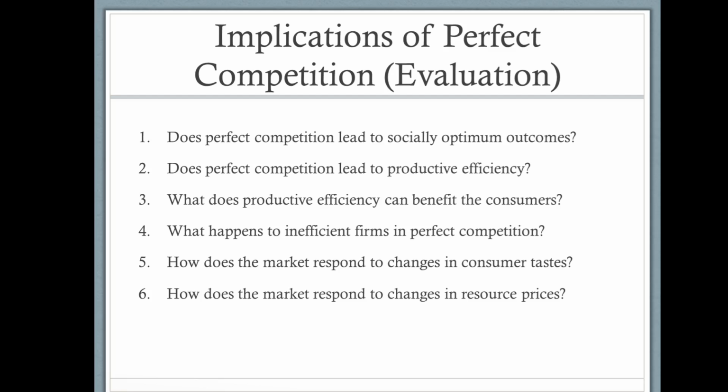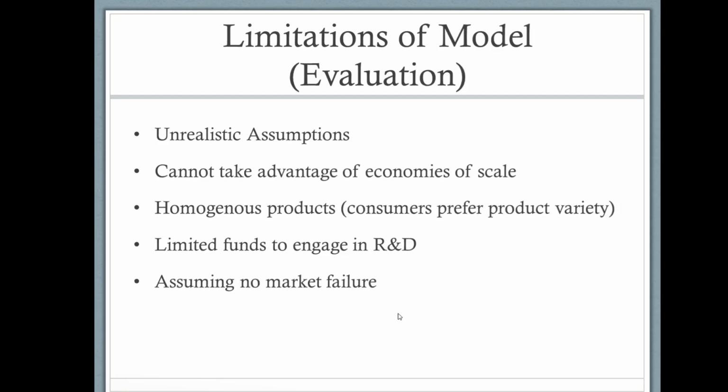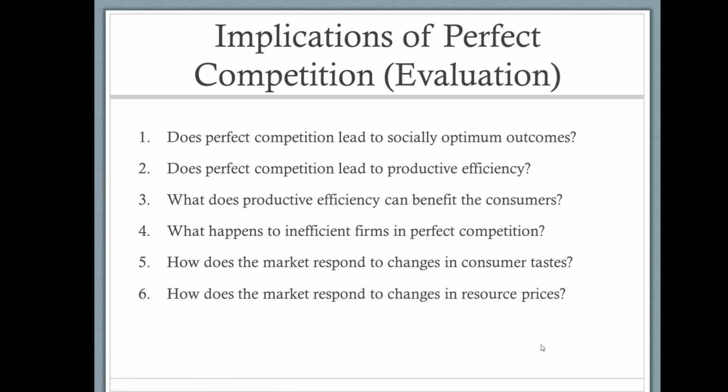So once again, with 5 and 6, you will see a very quick response when the consumer taste changes, or when the resource price changes. And that is also a characteristic we see in this market, because we know everything. We have complete information. At the end, people can respond to these factors very quickly. All right, so 1, 2, 3, 4, 5, 6. These are all the benefits you can see